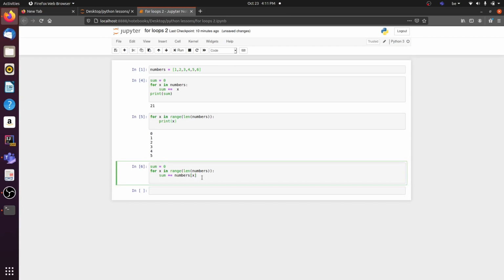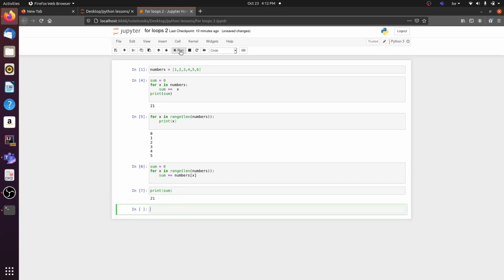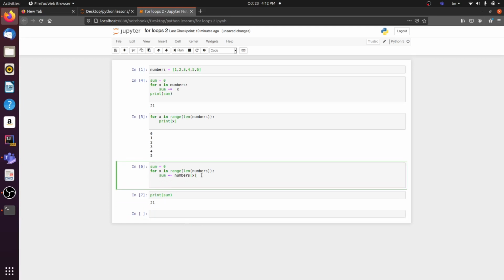So I have to print. If I was to print sum right here, you will see its answer will be 21, because we stored the sum of all these numbers in the variable sum. So if you don't believe me, I can just say right here print sum